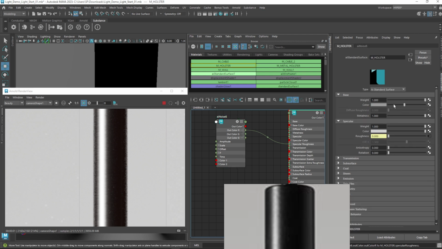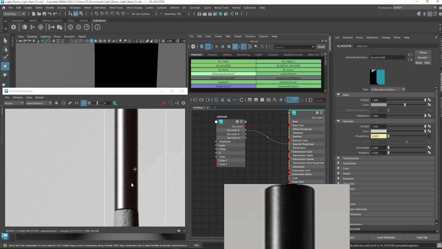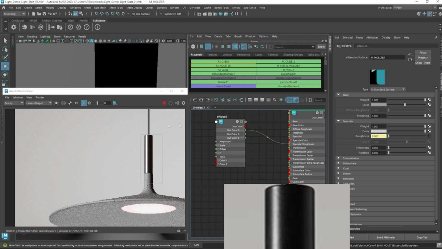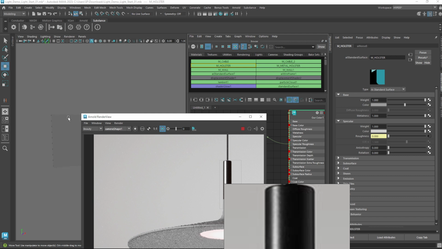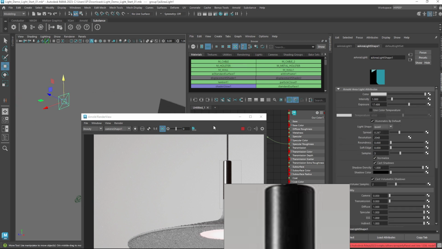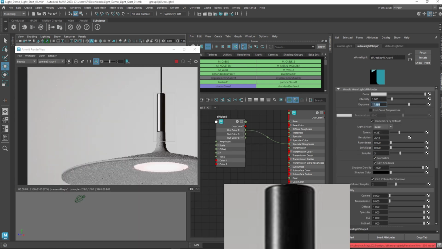And if we decrease the color, and I think it's just the intensity of the light now, which is maybe a touch off. Let's try 16, and then it has quite a large effect on